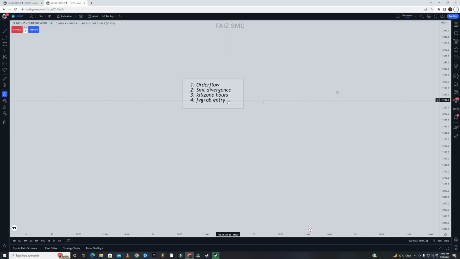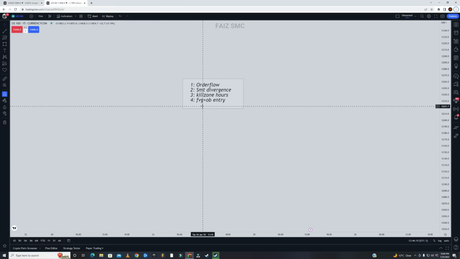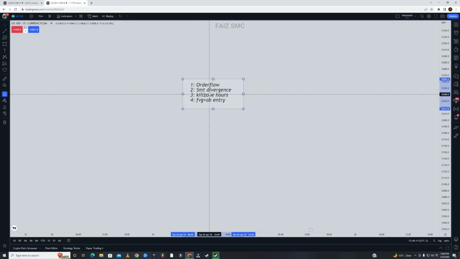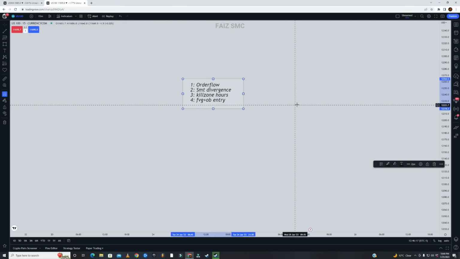All right, so we're going to use autoflow, we're going to use SMT divergence, we're going to use kill zones, and we're going to use fair value gap or order block for our entry. That is very simple. So what I mean by that is, first of all, you need to identify the autoflow,